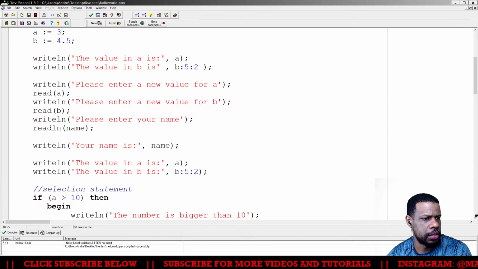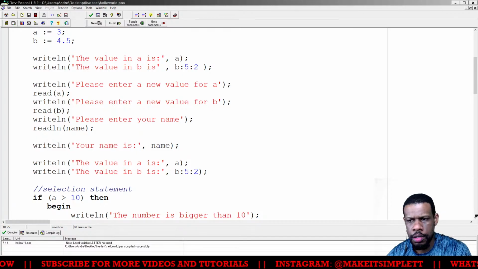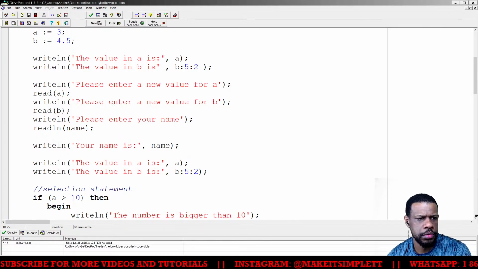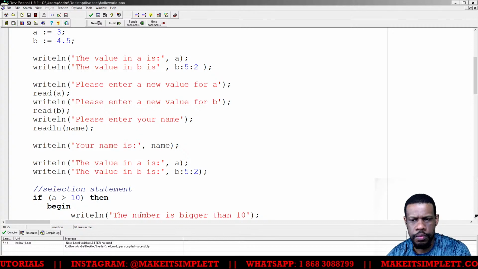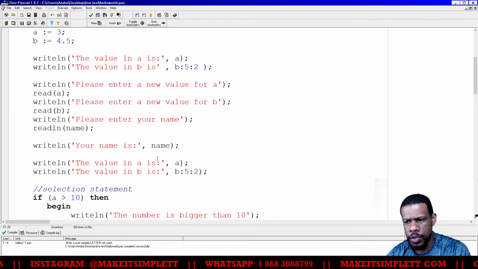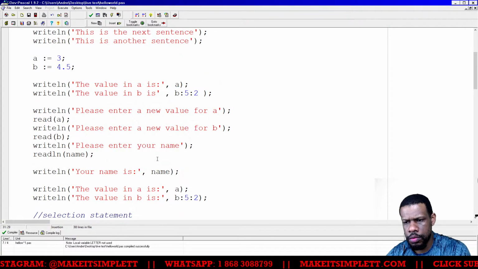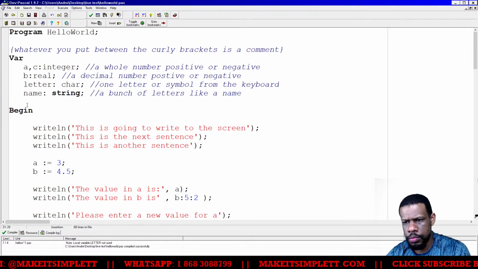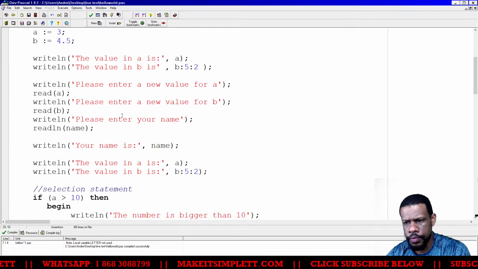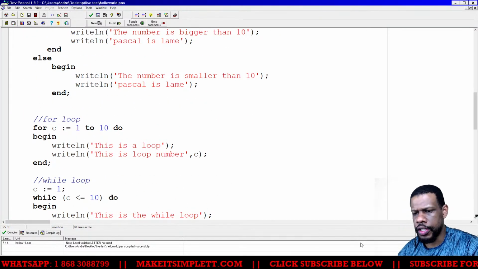Read any string in Pascal. Yeah, it's supposed to just read it. Oh, no. That's weird. It isn't reading the name. I'll name a string there. All right. You could Google and figure it out.